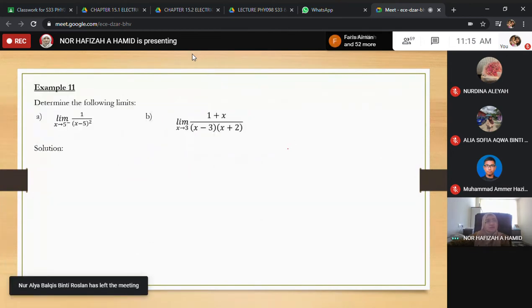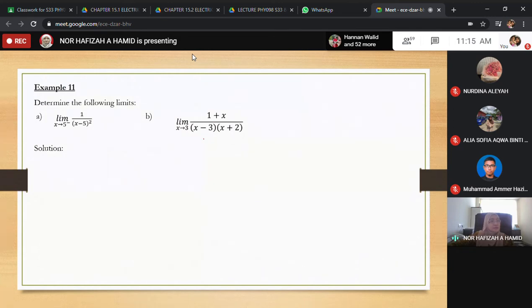So you can refer to example 11. In example 11, you have 1 over (x minus 5) to the power of 2. When you see a fraction, you don't always say it does not exist. In this case it is in terms of a over 0. You substitute the value, substituting x with 5, so you have (5 minus 5) squared, and you get 1 over 0. If you get a over 0, with a number on top and 0 at the bottom,